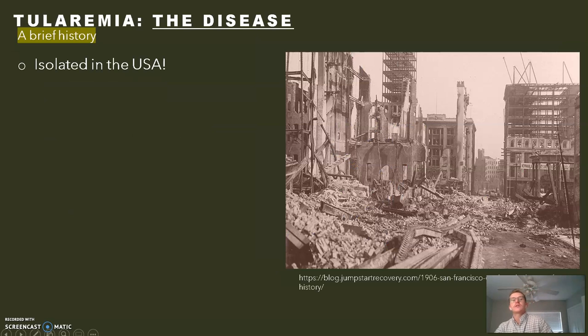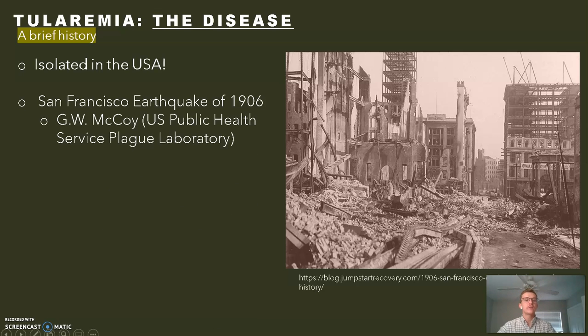So, a brief history. It was first isolated in the USA, and this was after an earthquake in San Francisco in 1906. A gentleman by the name of G.W. McCoy, he was the head of the U.S. Public Health Service Plague Laboratory. He went down to San Francisco to test some rodents